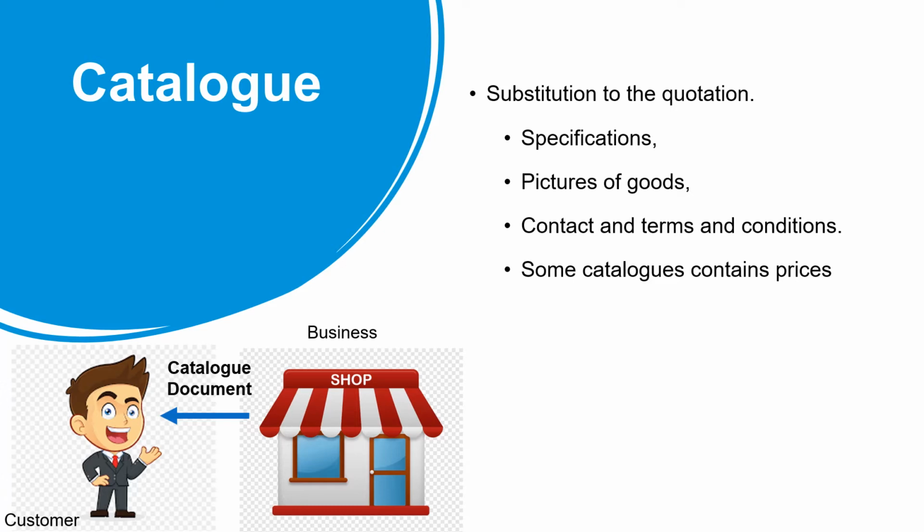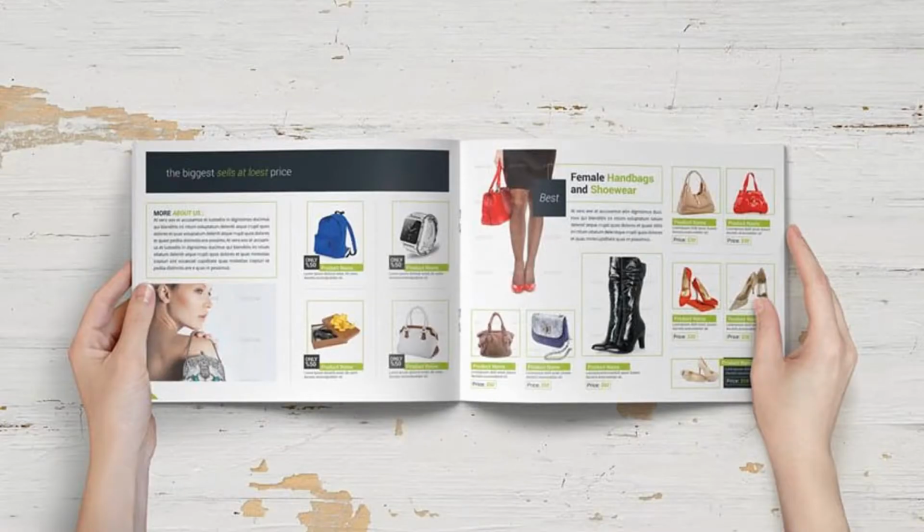Now we'll see an example of a catalog. This is an example of a catalog. As I said earlier, catalogs are very attractive and consist of attractive images and high quality paper, and they try to use different models inside the catalog. So why do they spend so much money on printing catalogs? Because there are consumers who purchase goods by going through these attractive images. But the problem here is that these catalogs are very expensive.